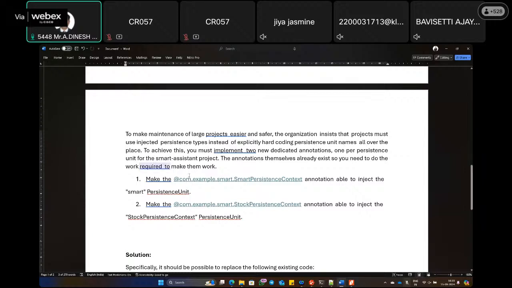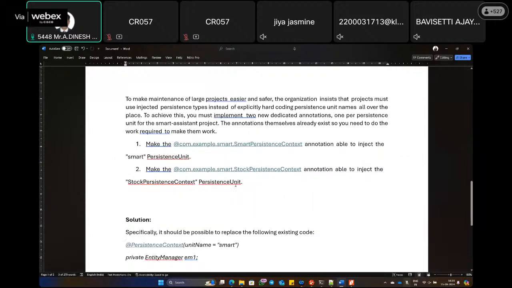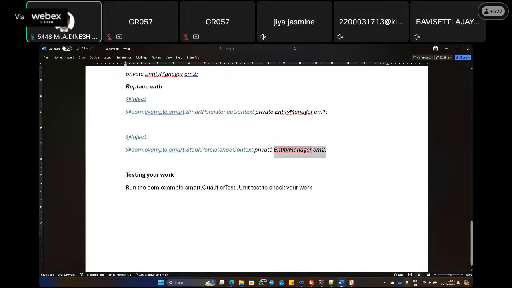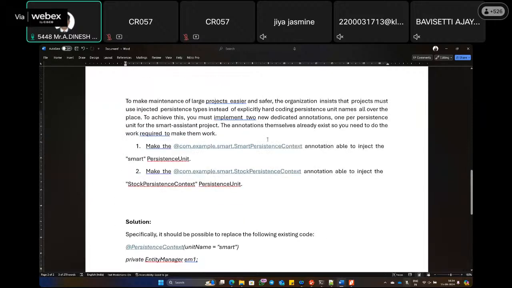So what we need to do now, somewhere in the to-do of the particular task, I need to inject this. So how can I inject it now? Wherever the entity manager EM1, EM2 is there, I need to inject this. So how can I inject? I need to inject